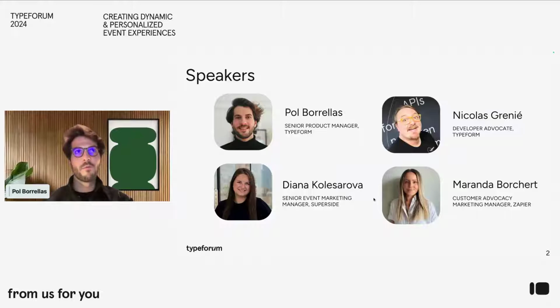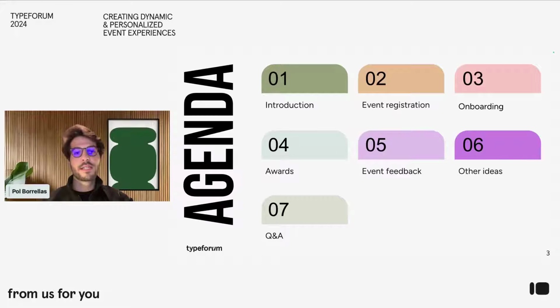About the agenda, what we will cover today. As you can see, we're going to cover a lot in this session, so we're just hitting the time limit. We will start with an introduction to the event management flywheel and explain why Typeform can play such a key part in driving it. Then we will delve into 4 different use cases for using Typeform to organize your event processes, namely registration, onboarding, awards, or any kind of participation form, and feedback.